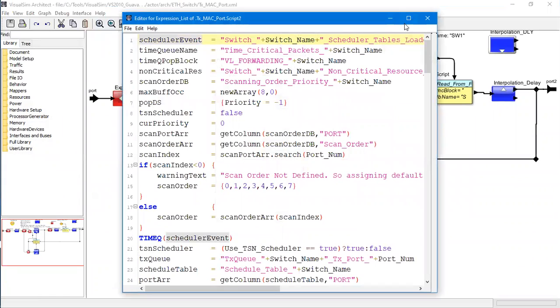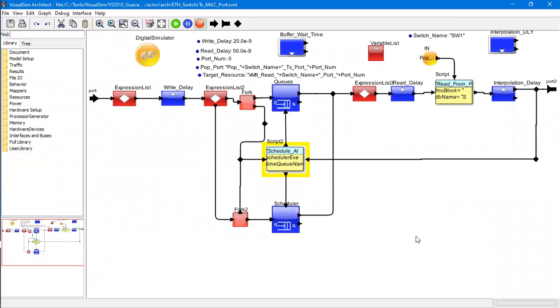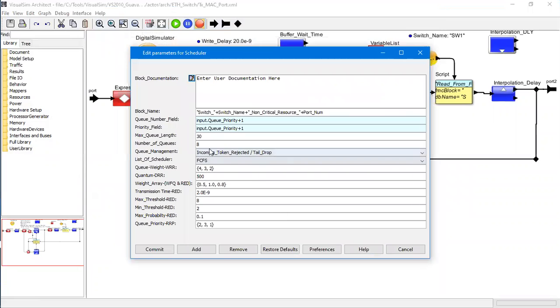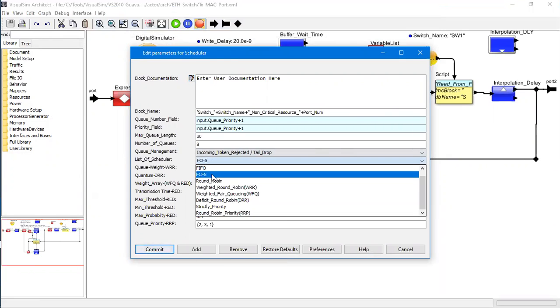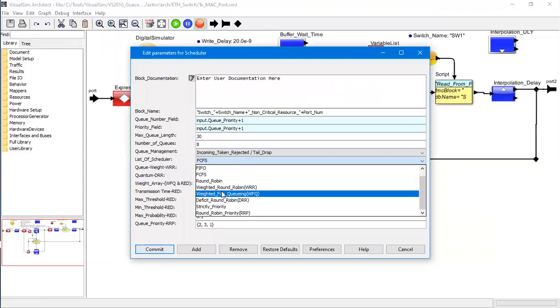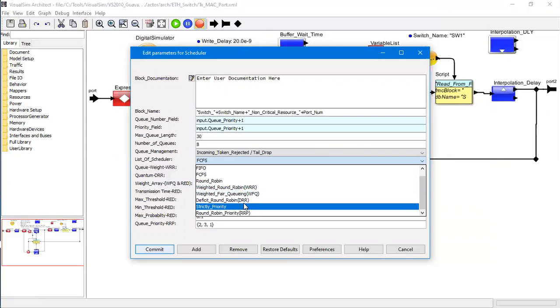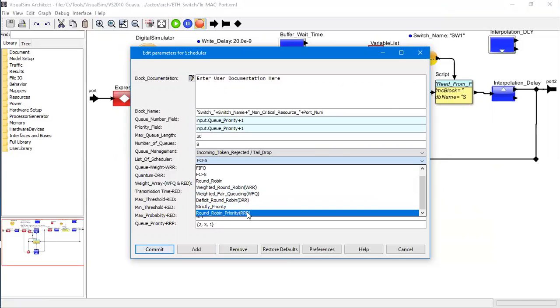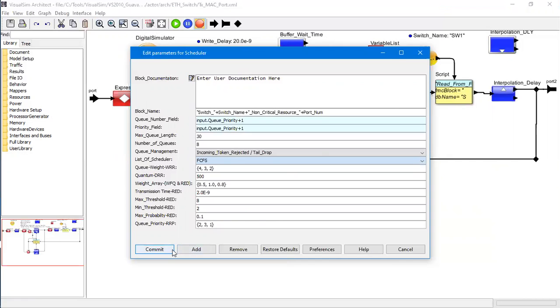This is where we have implemented the scheduling algorithms. This is for the TSN scheduler. For the non-TSN scheduler, you can see the different options available: FCFS, round robin, weighted fair queuing, deficit round robin, strict priority, round robin priority. All of that is mentioned here.